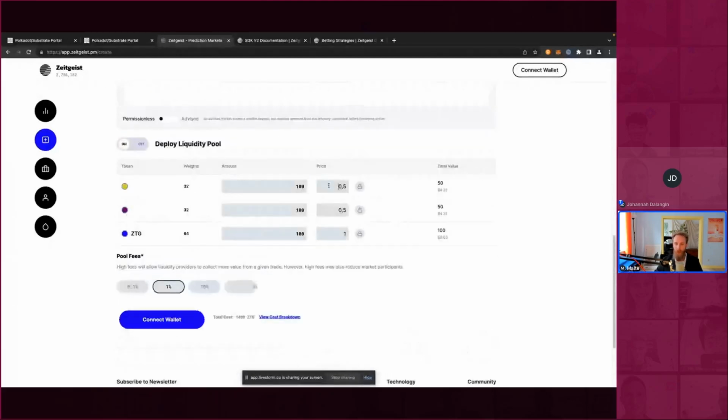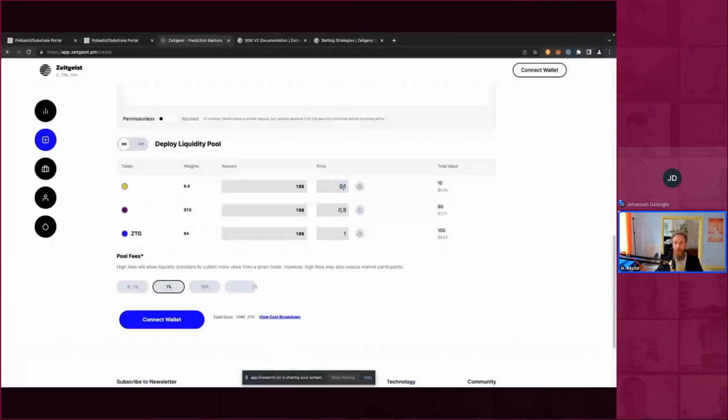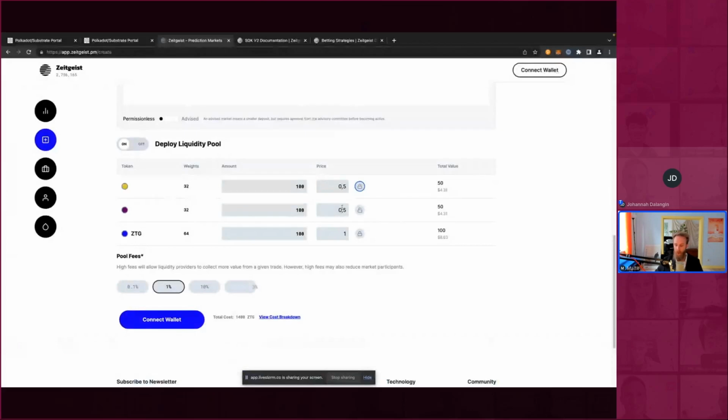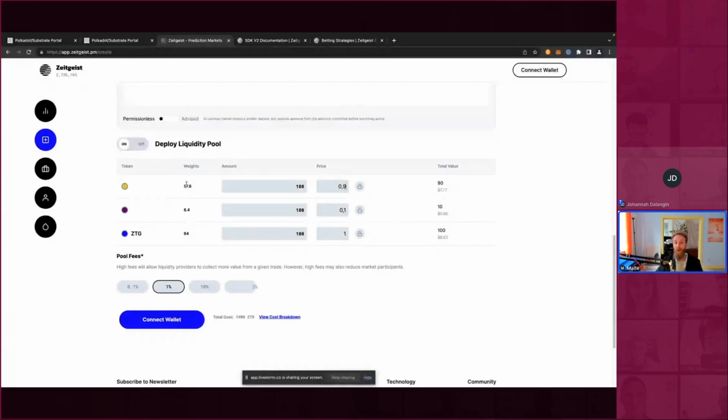So remember this, and you could enter your initial prices. These prices are set using weights, which is kind of an implementation detail, so we need to select the correct weights. If you just want to go with the middle of the road prediction, you can take the same weight for each outcome token. If you want to skew the position, you need to use a higher weight for the more costly token, right?